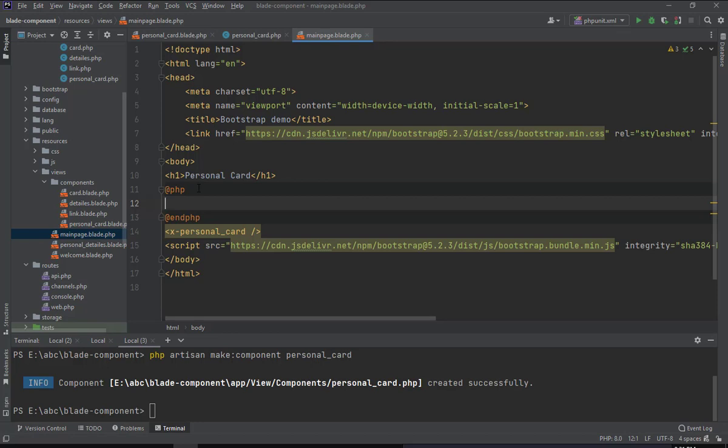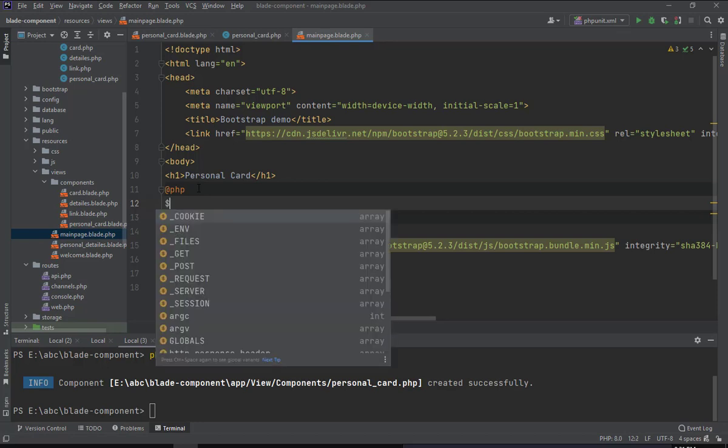I create a variable here, underline image,